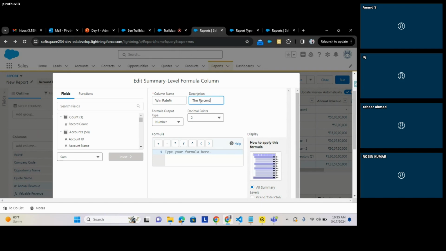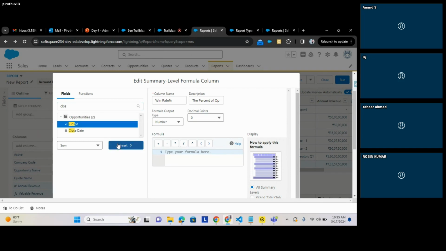The percent of opportunities closed won. So let me just give it as 0 and output type is number. There we go. Closed of sum divided by